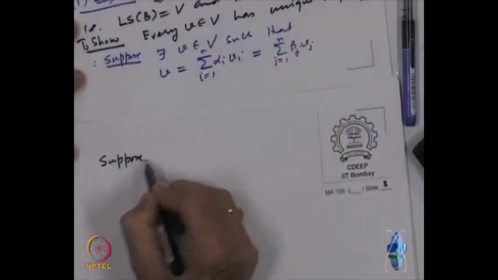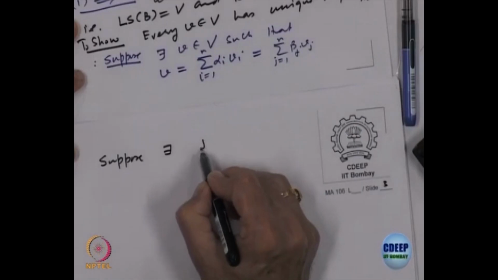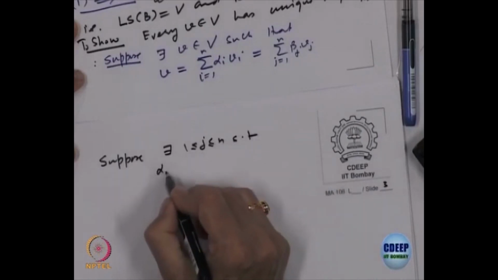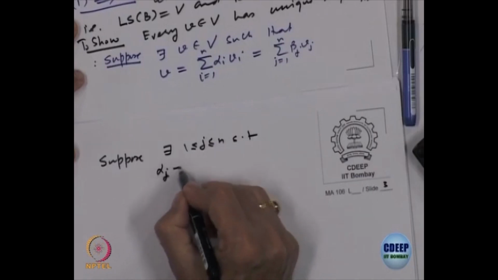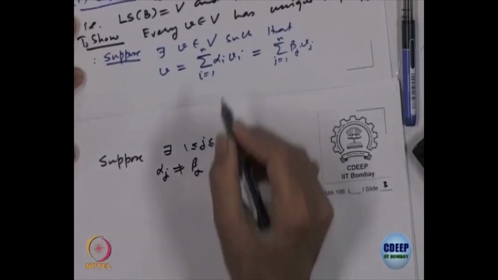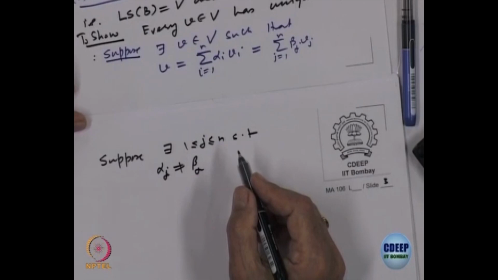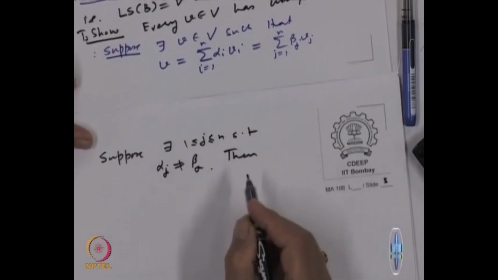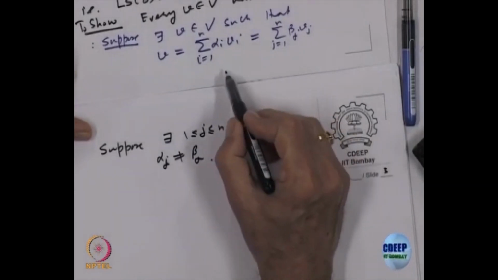It is not possible, that means each alpha i must be equal to the corresponding beta i, right. So, let us assume, suppose there exists some j between 1 and n such that alpha j is not equal to beta j. Then from this equality we will have